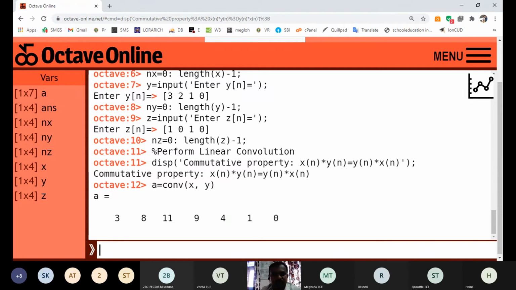So it is RHS. So let us perform RHS. Then how to perform RHS?